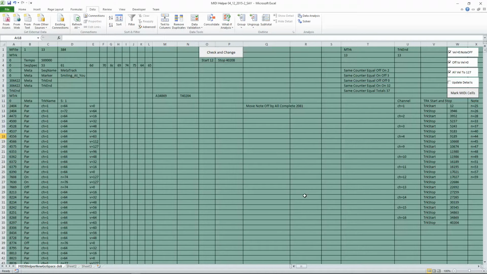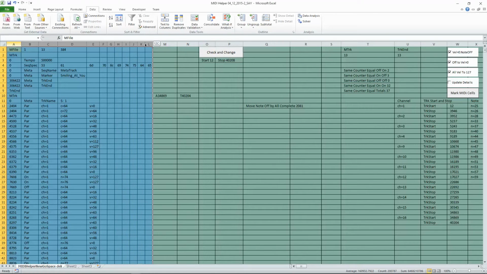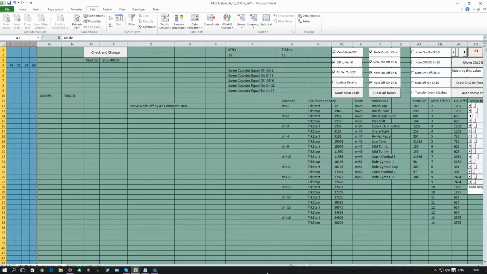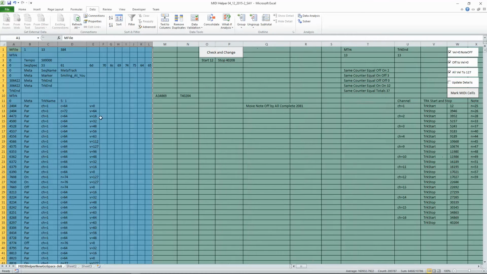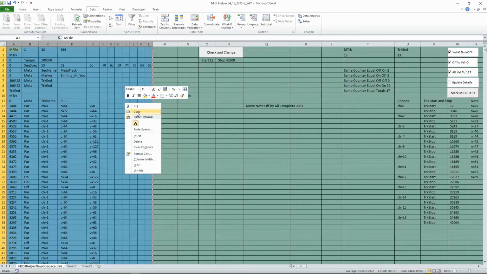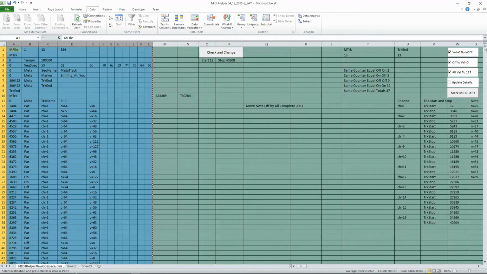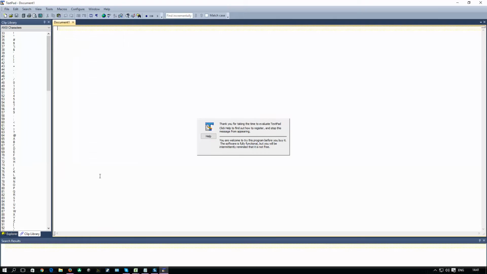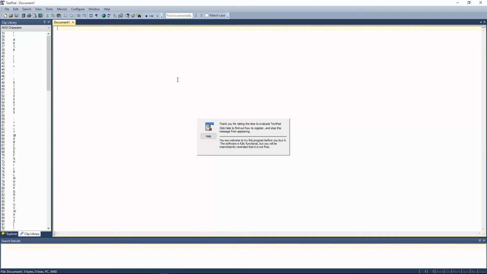Now don't forget, when you want to save this file, we're going to go from there and mark those files there. You can use mark MIDI files if you so wish, but basically go along the top, mark those files, use the copy function there, and you can move that into a word processor. I actually like this text pad, and I've been playing with that for a little while to see how it works, but it seems to work okay. If we paste in there,